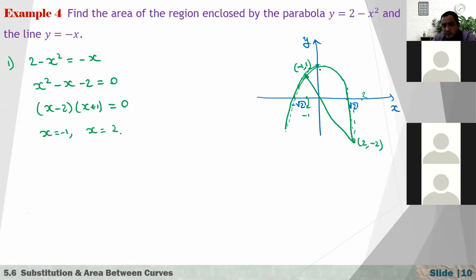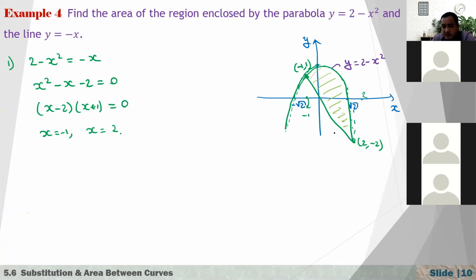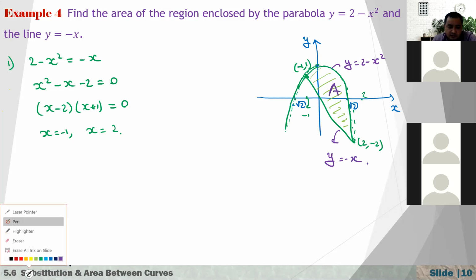We are talking about this region. As you see in the picture, which one is greater? This one is the function y equals 2 minus x squared, that is about this line. This one is y equals minus x. And to find this area, let's call it A, at the time the area will be